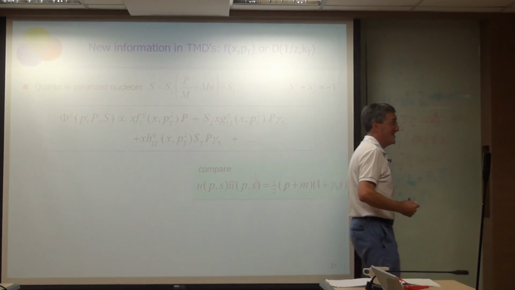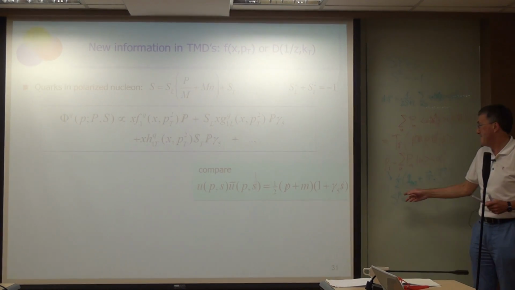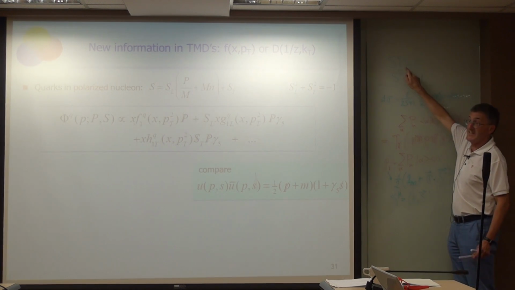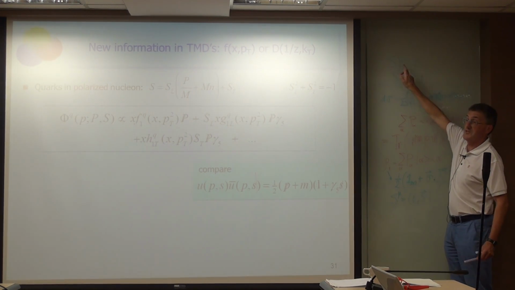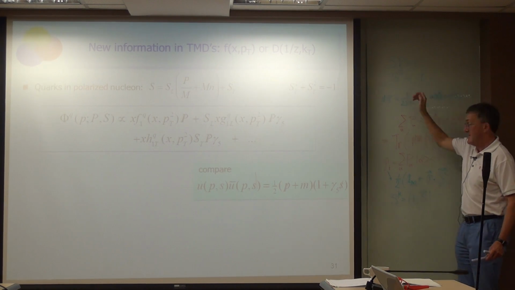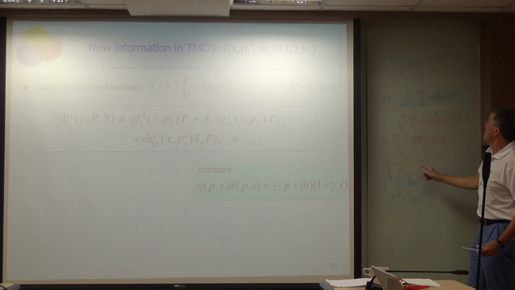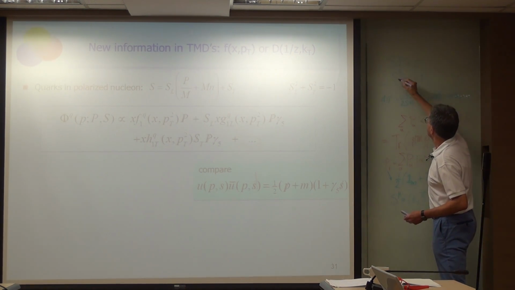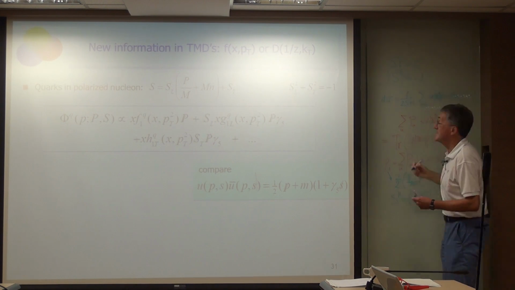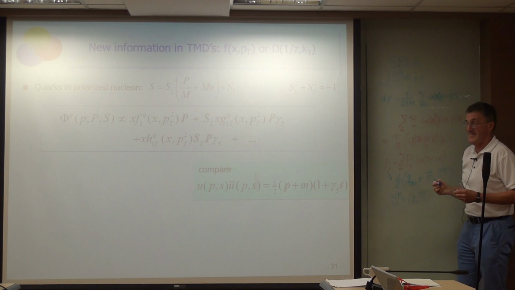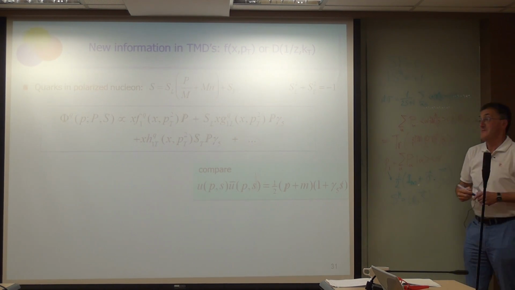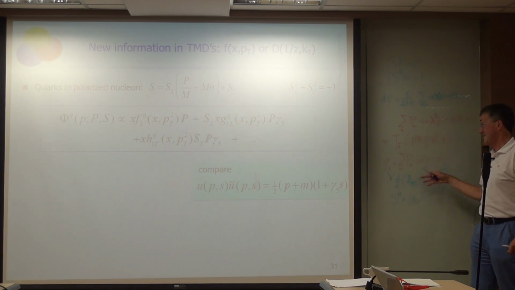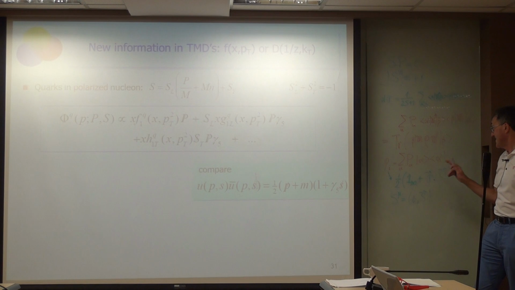Because the covariant way of writing a spin vector is that it is a spatial vector, but it has to be in such a way that in the rest frame it's purely spatial. So it must be dotted into the momentum, it must be 0. And this thing must be essentially, actually this is not correct. The correct thing is that the length, in absolute value, is smaller or equal to 1. It's negative because it's space-like, but it must have length less or equal to 1. If you don't put this thing in, you have the unpolarized case. If you put this thing in with length 1,